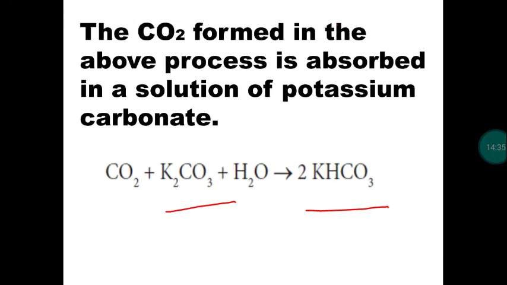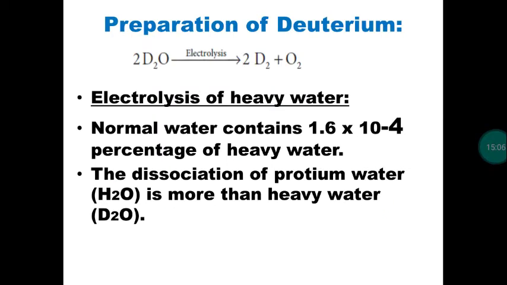So this is the third preparation method, right? So totally we have 3 preparation methods. First one, electrolysis of water or electrolysis of alkali solutions like sodium hydroxide or potassium hydroxide. Second one, laboratory preparation using metal as well as dilute acids. Third one, industrial preparation. So we get water gas, from the water gas, carbon monoxide can be removed. For that, we convert carbon monoxide into carbon dioxide. Finally, carbon dioxide is also removed, so we can obtain hydrogen. So this is the third method of preparing hydrogen.